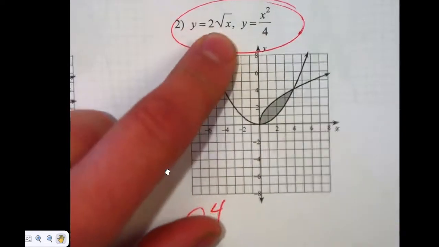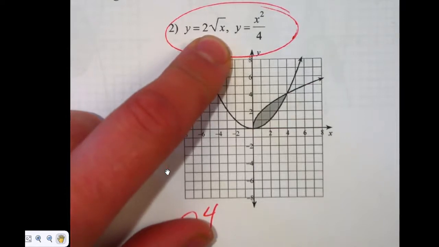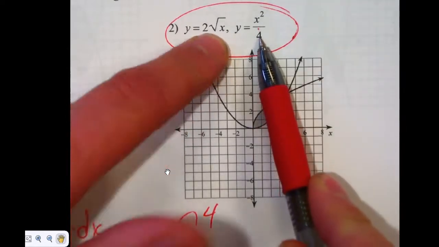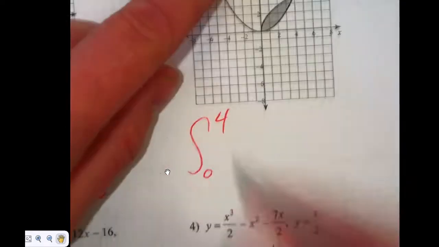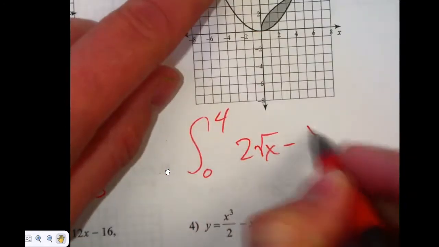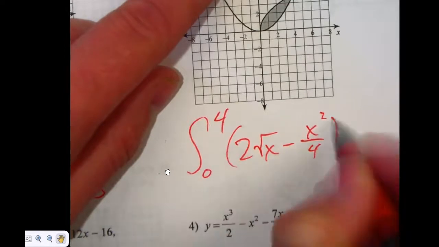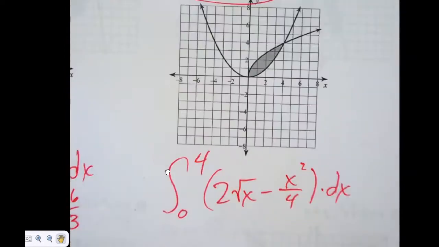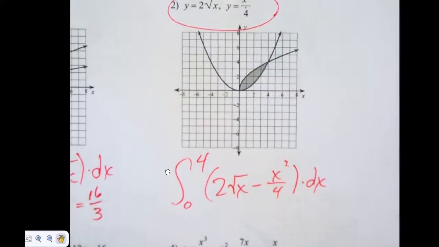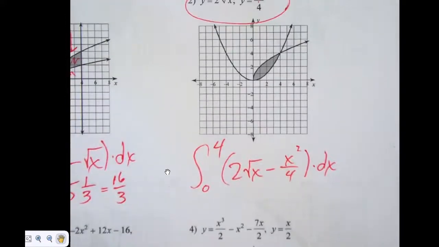So if I plug 1 into this one, I'll get 2. If I plug 1 into this one, I would get 1/4. So the one with the 2 is on top, right? So 2 times the square root of x minus x squared over 4. And then you type it in. Kyle, are you caught up or not? Not quite. Did you put it in solver? Yeah. So go ahead and integrate that. The one that has the bigger y value goes first, because that's on top. You always go top first minus bottom.